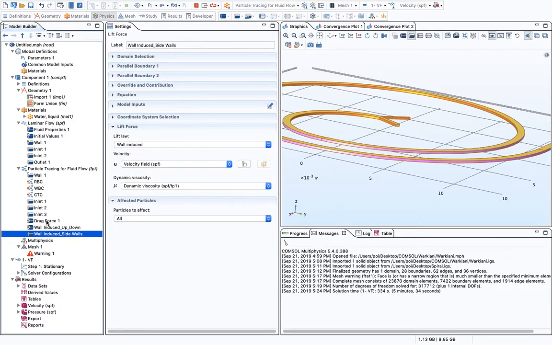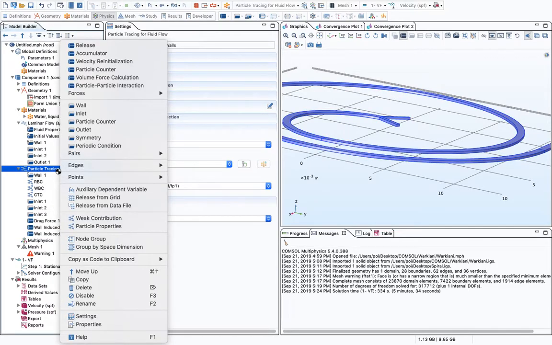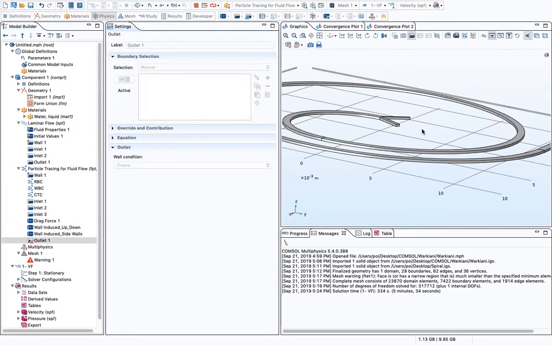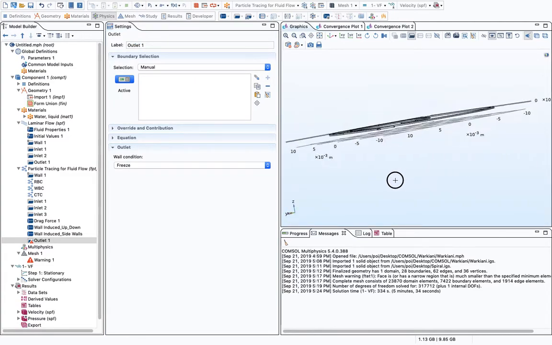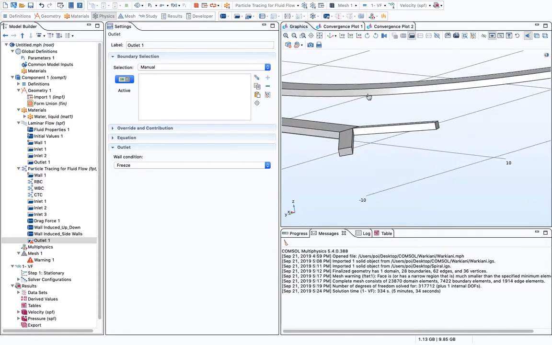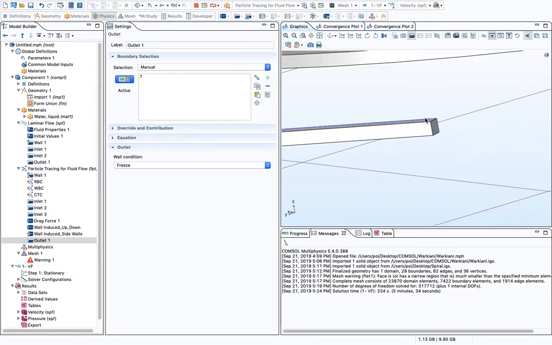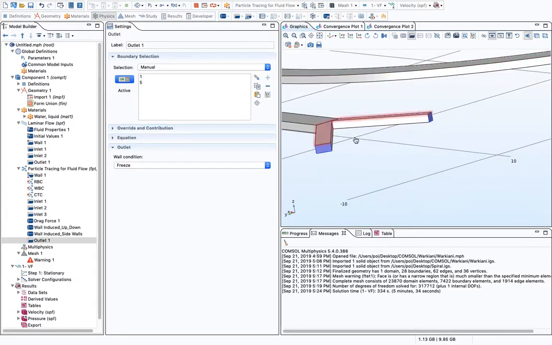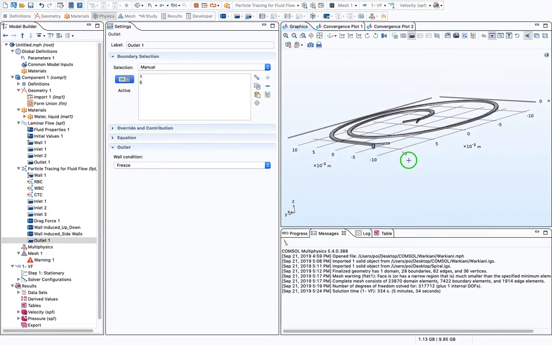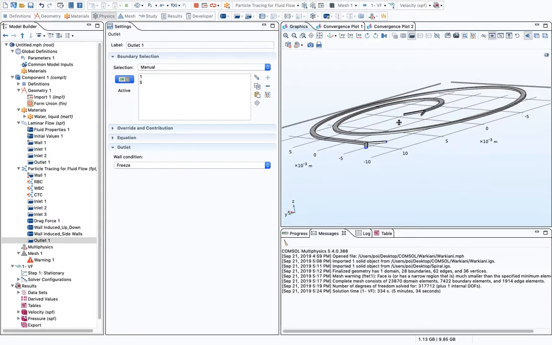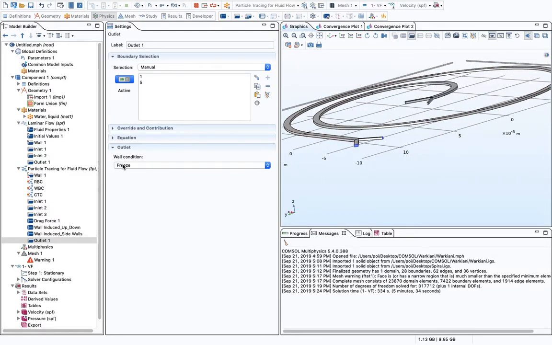One last thing that we need to assign is the outlet. So I right click on this physics and choose outlet. And here is where my particles will go out from the geometry. So I'll, oops, I made a mistake. I'll just click on this boundary here, the outlet of the geometry, to have an outlet of particles, and the vol condition is set to freeze so that I can see where my particles are at the end